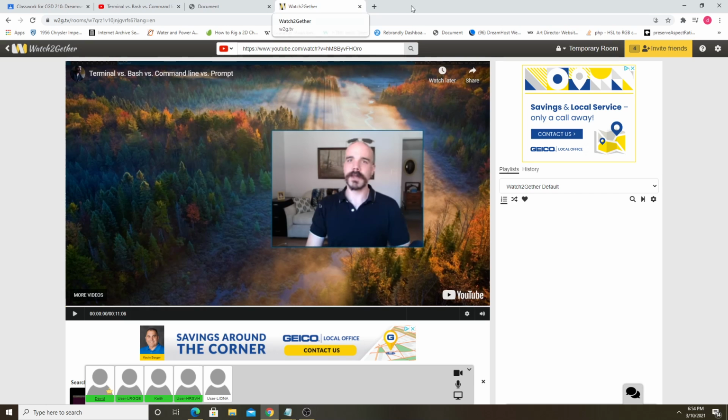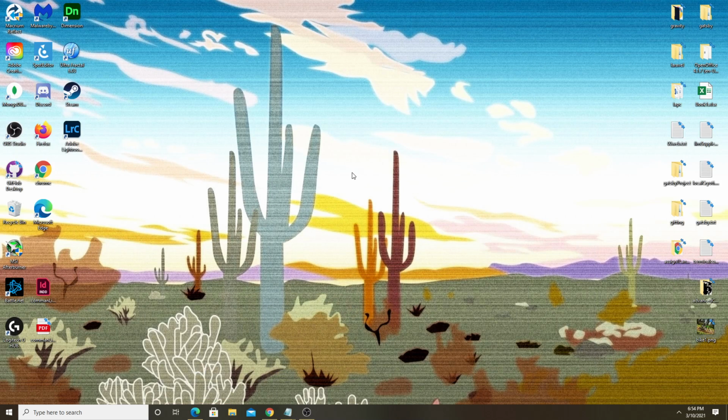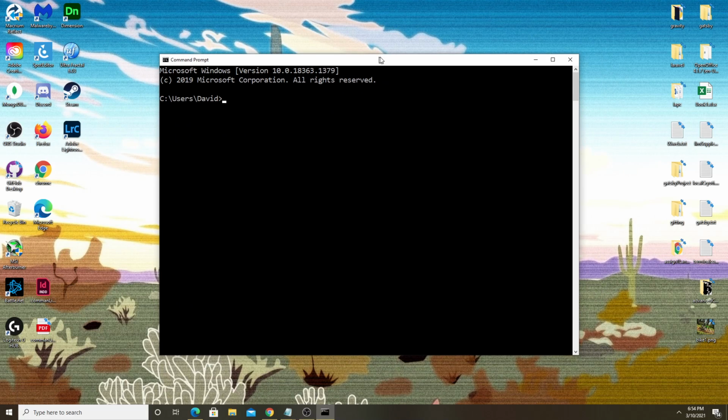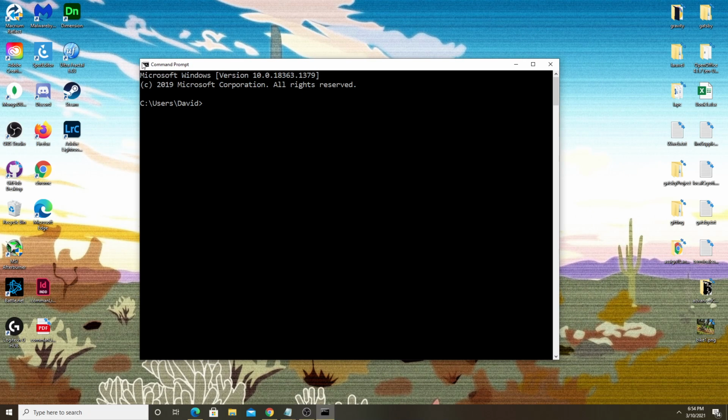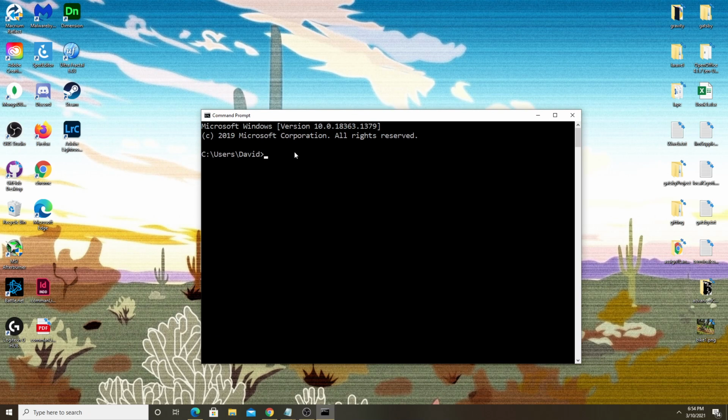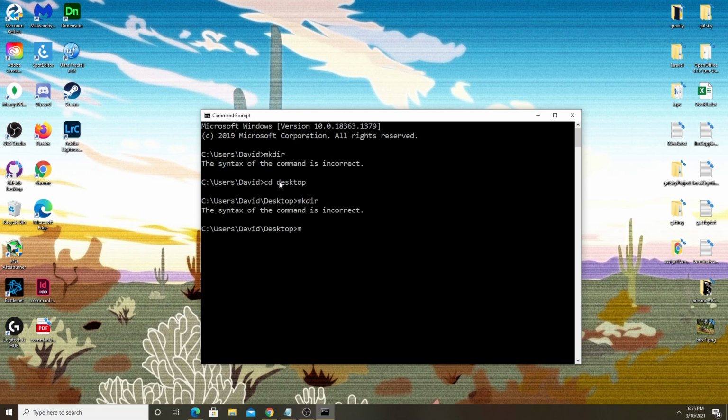Okay, so I know that might have helped you. But okay, so again, when I open command prompt, this window, that's the user interface. And when I type in commands like cd desktop, mkdir, and I create a folder like folder1,